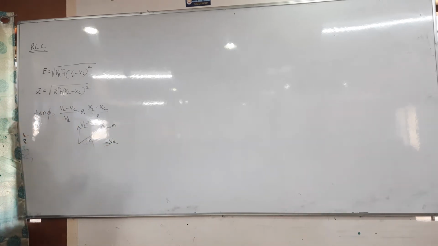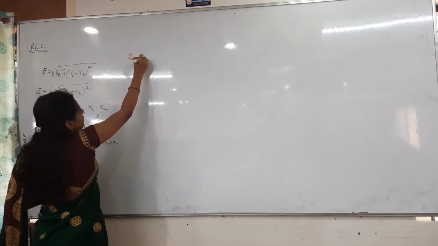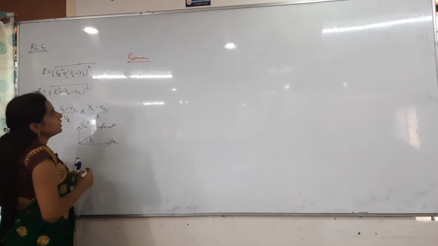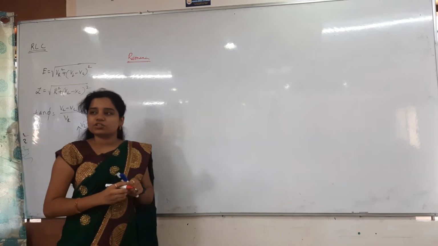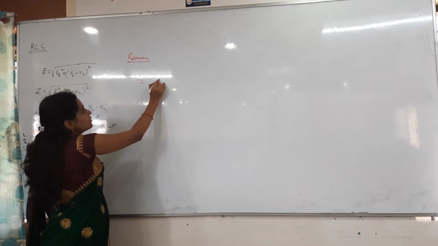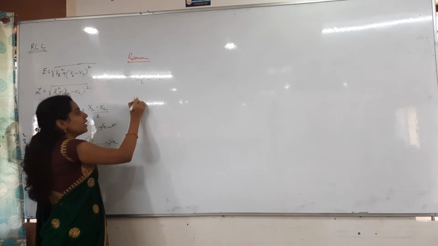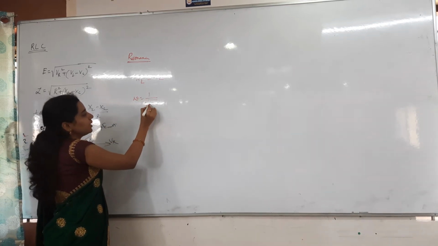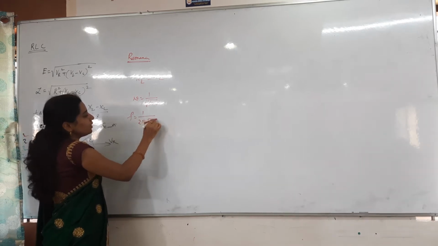After that we have discussed the resonance. Yes, resonance. In resonance I said that when the resonance condition comes, XL is equal to XC, whenever the inductive reactance is equal to the capacitive reactance. At that time we got omega is equal to 1 by under root LC. Then f is equal to 1 by 2 pi root LC.